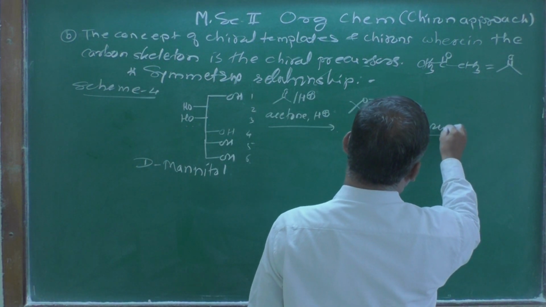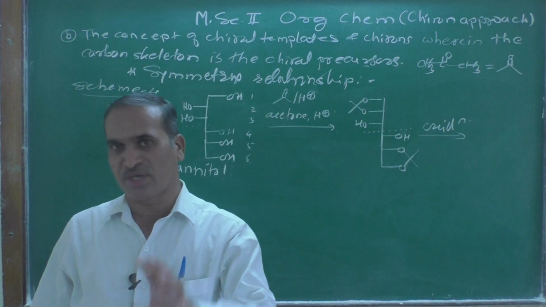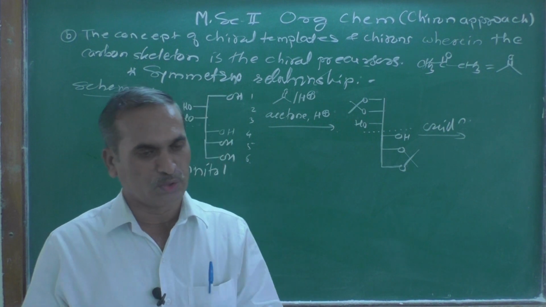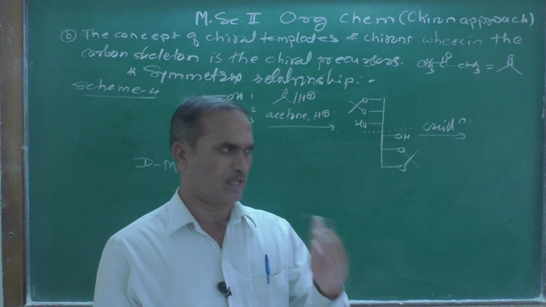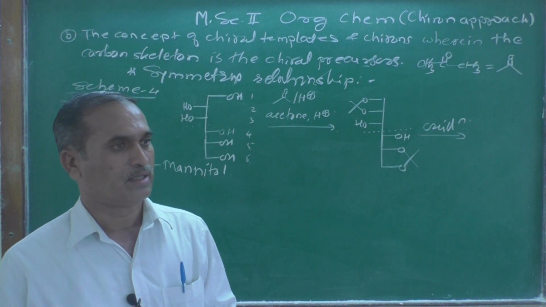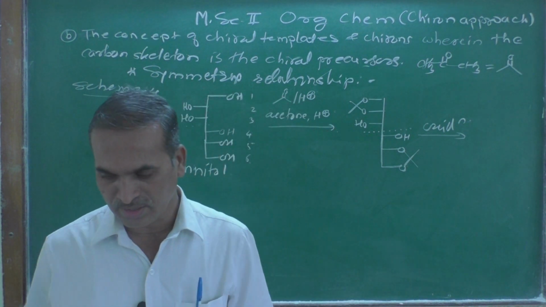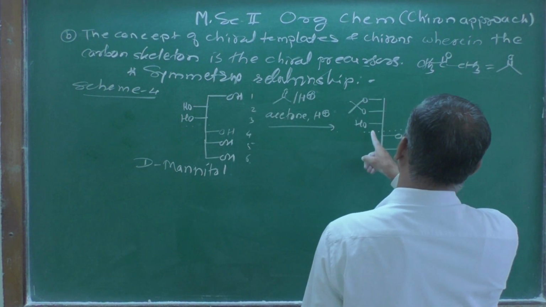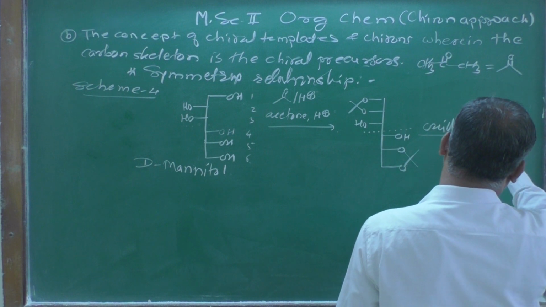By using oxidation, there is a specific oxidizing reagent normally used in carbohydrate chemistry. Do you remember? Do you know that? What is that? I think it is lead tetraacetate, which we will see while studying that chemistry. And now after breaking that, we will get the compound like this.